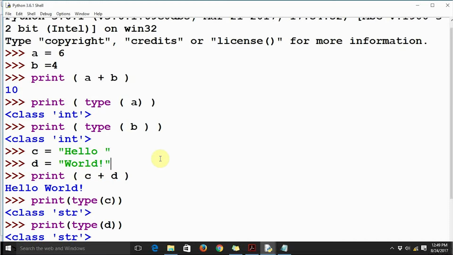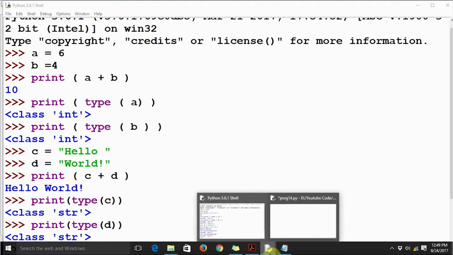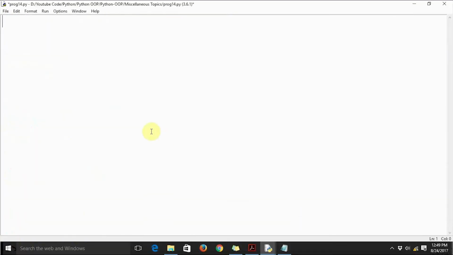Now, if I want to customize that functionality, this is already overloaded, as I can see. The same operator is behaving in two different ways when we pass two different sets of parameters to it. So the addition operator is already overloaded, but I can also overload it according to my own choice, according to the functionality that I want to achieve myself. For that we will define a custom class.